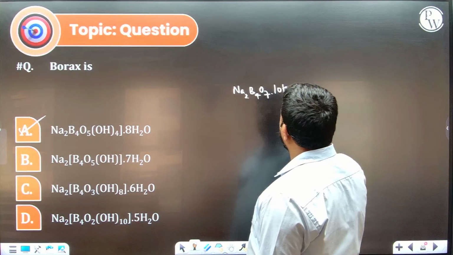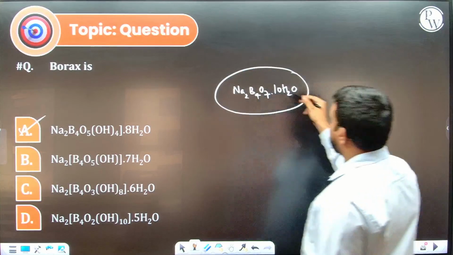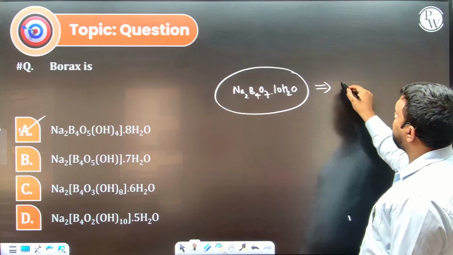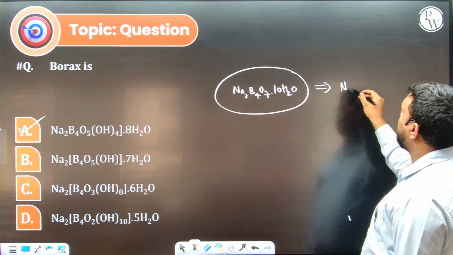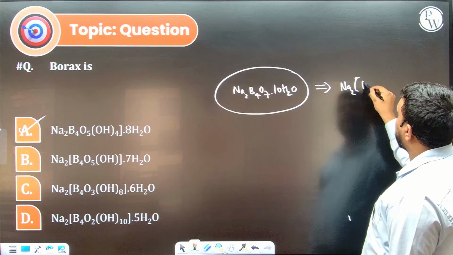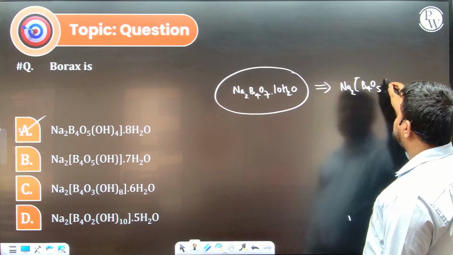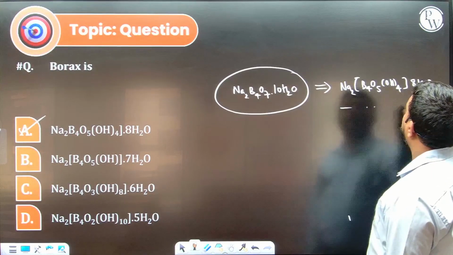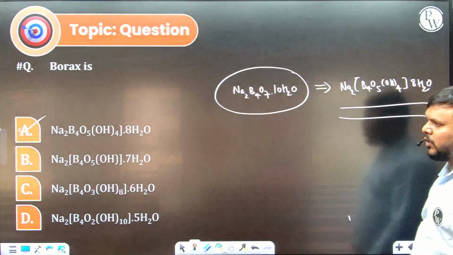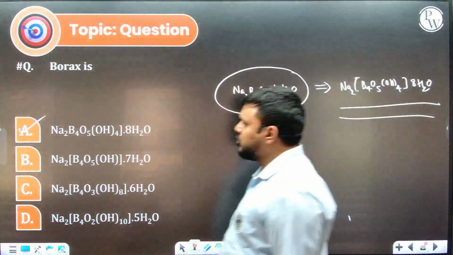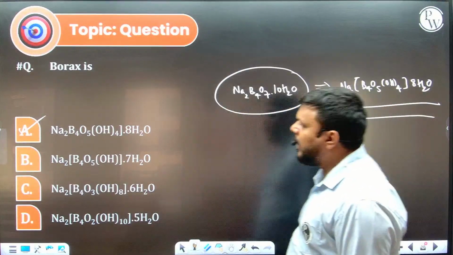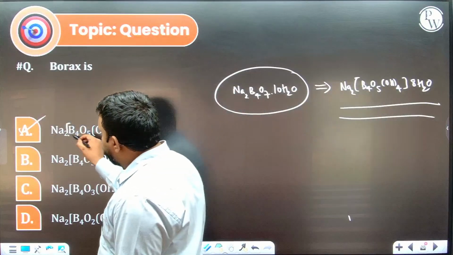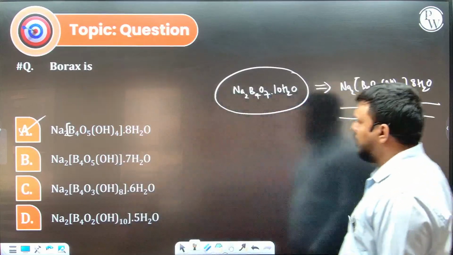Generally, dear students, you know Na2B4O7.10H2O. But already we discussed that this is the formula that they initially thought, but after that they came to know that it does not have 10 water molecules of crystallization, it has only 8 water molecules of crystallization, and we already discussed this. Because of this formula we get 8 water molecules of crystallization, and so the answer will be Na2B4O5(OH)4 times 8H2O. I think here there should be a bracket over here. Okay. So next,